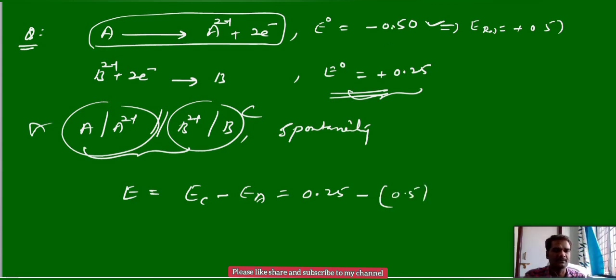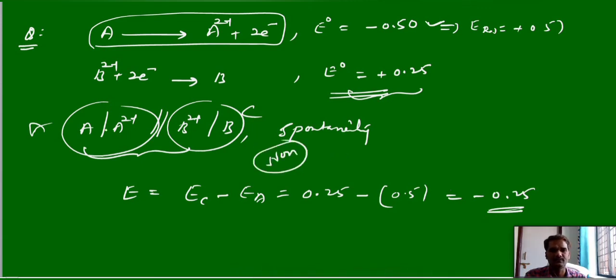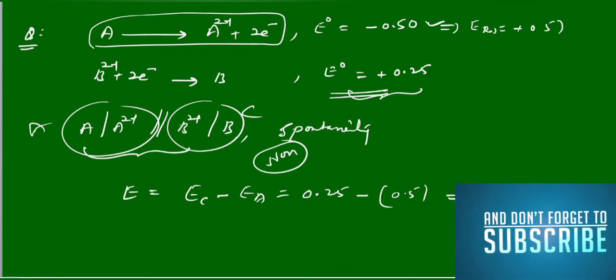So this point is very important. Don't take it as it is. You first check whether the given electrode potential values are in terms of oxidation or reduction. If they are given in terms of oxidation, you convert them into reduction. Always take the electrode potential values in terms of reduction potential values only, unless they mention otherwise. If they specifically ask to find the oxidation potential, then you can change it. Otherwise, you convert it into reduction potential values. Now you will get minus 0.25. So a negative E cell value means the cell reaction is non-spontaneous. So this representation is non-spontaneous, not a spontaneous cell.